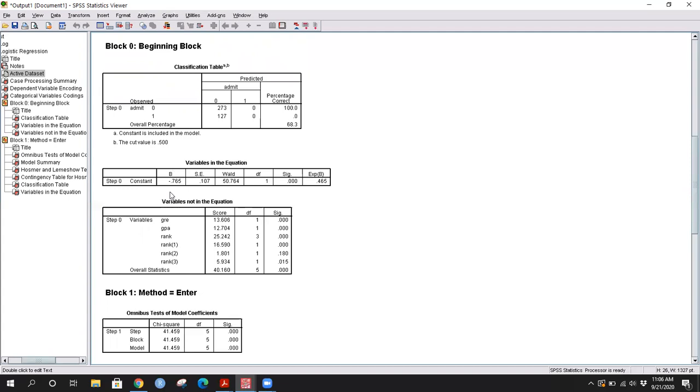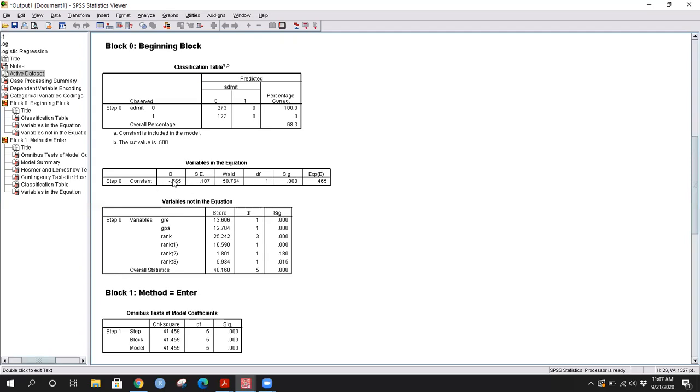Okay, so the question arises, how do we interpret this constant? Now, please recall that in the logistic regression model, what you're modeling on the dependent variable is the log of the odds ratio, that is log of P upon 1 minus P. So when you're modeling the log of odds ratio and all your independent variables are 0, you have an intercept. That means the intercept is nothing but the unconditional log odds. I say unconditional because it is not conditioned on any of the independent variables right now. So independent variables are absent right now.